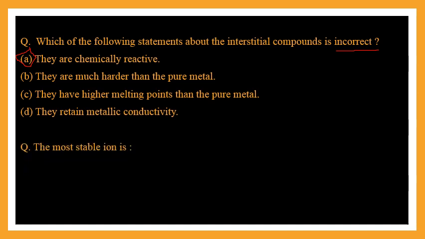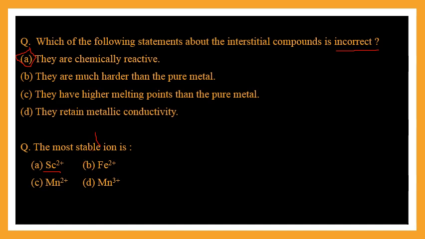Now the next question, the most stable ion is, some ions are given in the options, and you have to select the most stable ion. To find out the stability of the ions, just write down the electronic configurations of the ions. Since these elements are of the 3d transition series, or the first transition series, for scandium 2 positive, Sc2+, 2 electrons will get removed, so it will be 3d1. So you can see in the d orbital in Sc2+, 1 electron is unpaired.